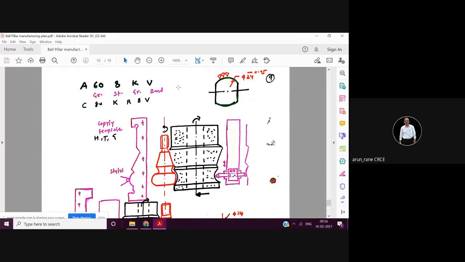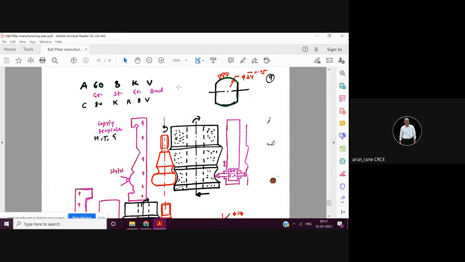ratio is more, then because of the heat, it gets distorted and the component becomes bent. This is very true in case you have a shaft of say 25 dia by 200 long, 1 inch diameter by 8 inch long. So here the L by D ratio is almost how much? 200 divided by 25, so 8. Generally, we try to see that the L by D ratio doesn't exceed 4. So this component is more likely to get bent if you do hardening in horizontal.